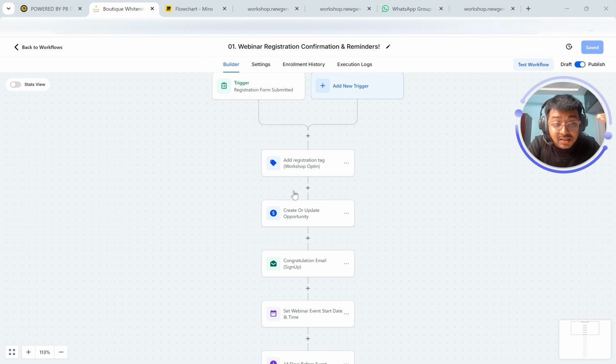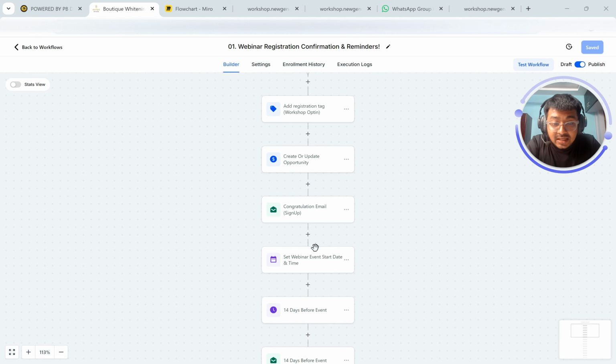But now we want to send them reminder sequences. Reminder sequences can only be sent based on the event date. So, for example, if I have the event one month from now, I cannot send a reminder sequence based on today when I opted in, because I can opt in today, you can opt in 10 days from now, and somebody could have opted in 30 days ago. So I cannot send a reminder sequence based on today's entry. I have to send a reminder sequence based on the event that is already scheduled and added in the future